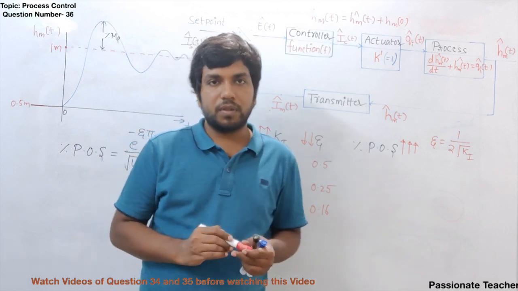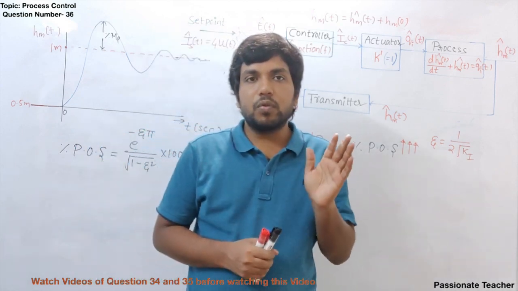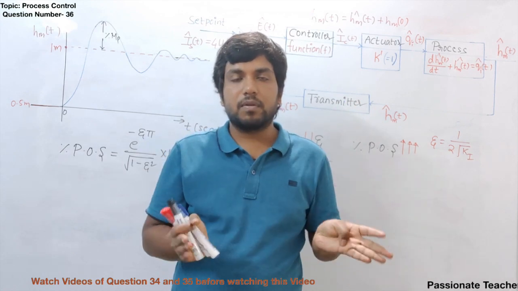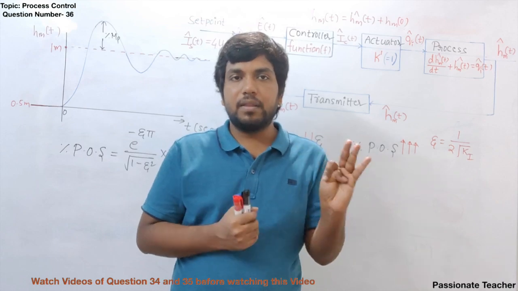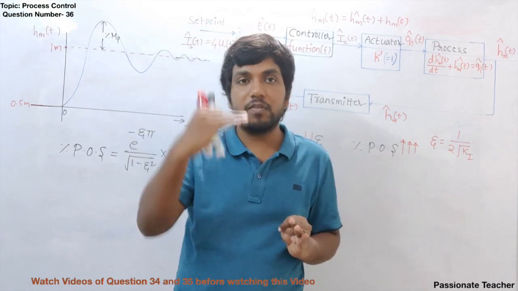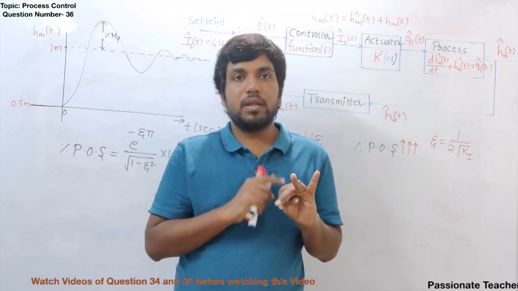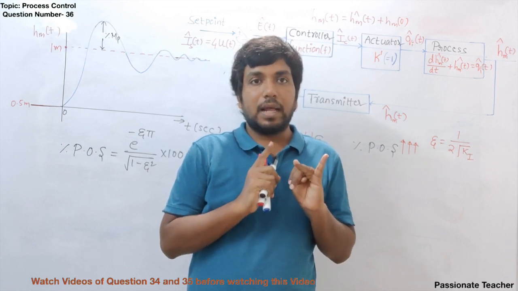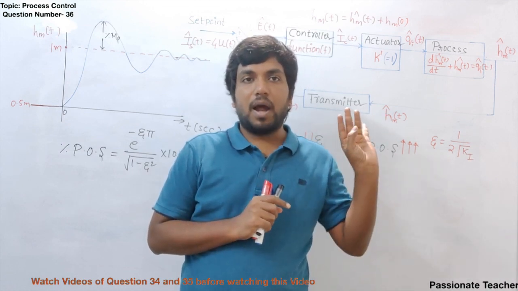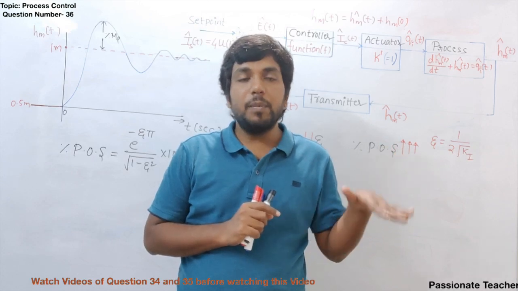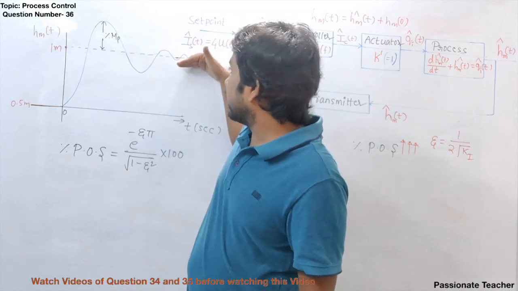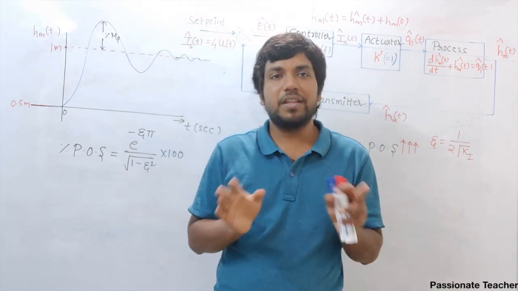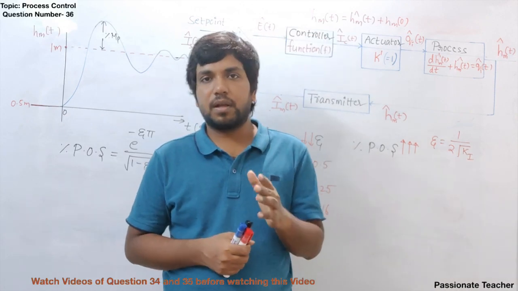So let me conclude the things here. The first thing, if we use the integral controller, the order of the response is going to increase. Second thing, the integral controller decreases the speed of response. And the third one is, we are going to get oscillatory behavior in the response. These three are the disadvantages, and the advantage is we will be able to reach comfortably the required desired value. Clear? So in one line, what I want to say is, it may be slow, but it is accurate. So I hope you enjoyed this integral controller concept.